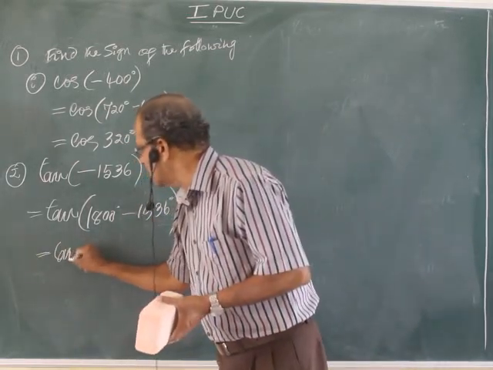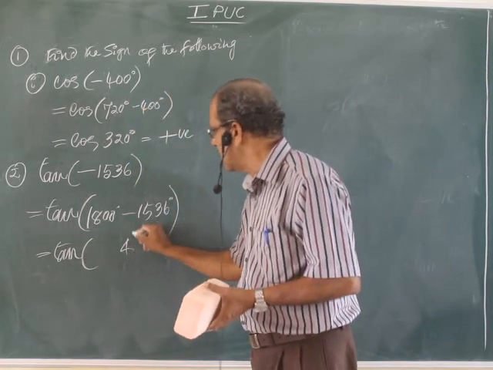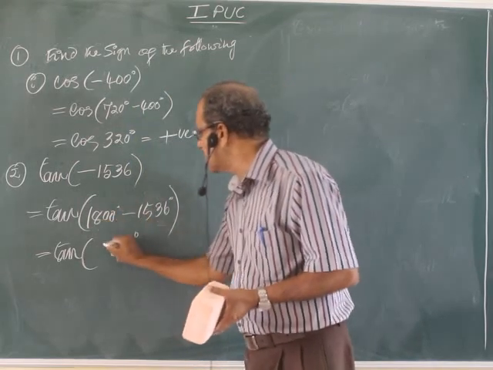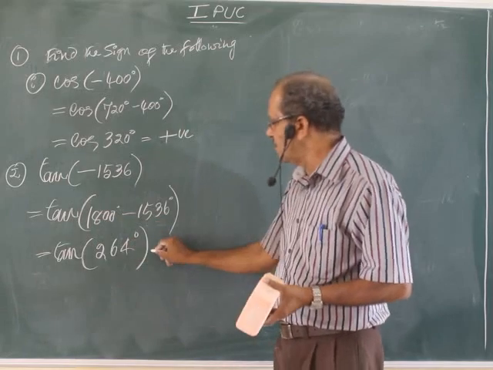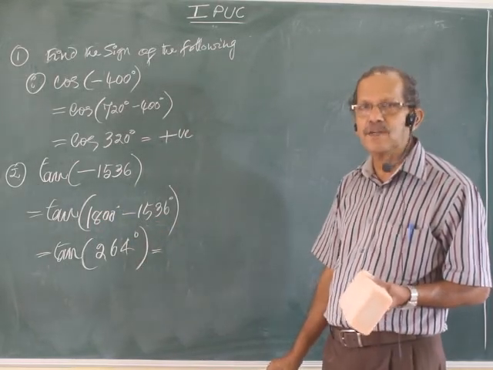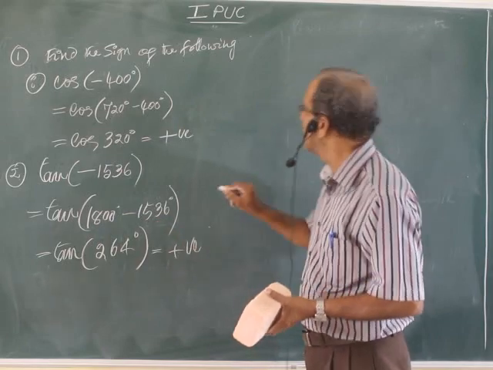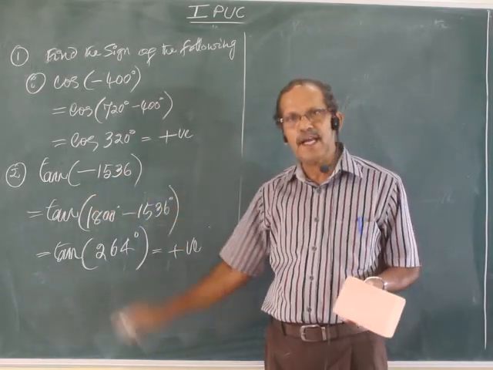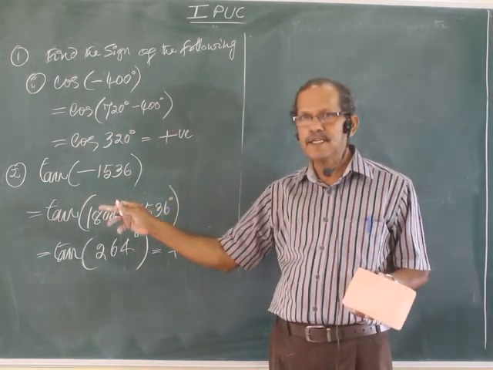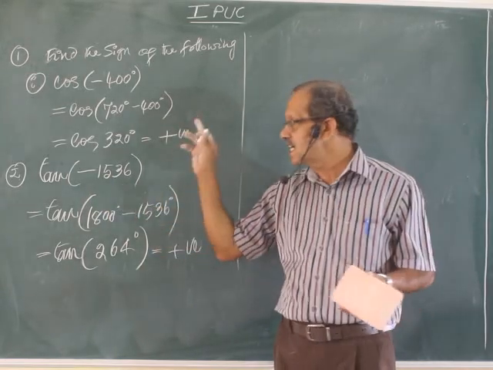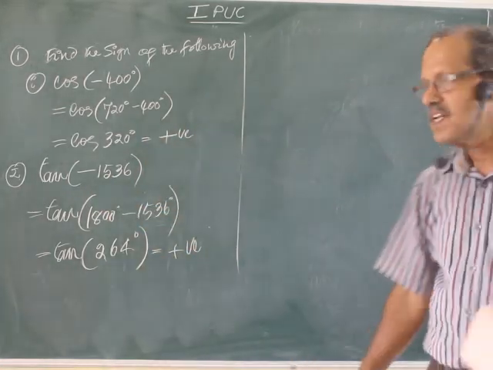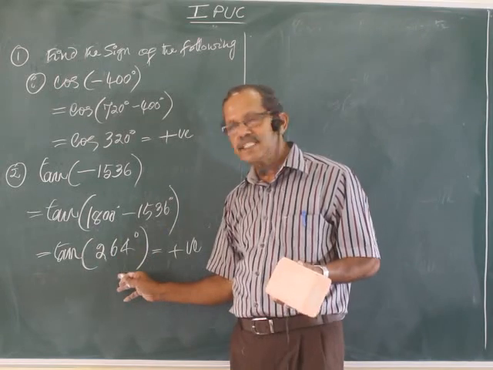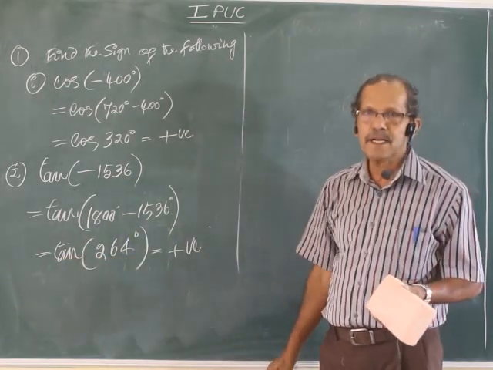Now the angle is tan of 1800 minus 1536, which is 264 degree. 264 is third quadrant, less than 270, tan is positive. I think now you got the idea clear. Whatever may be the magnitude of the given angle, take the modulus of that, find another angle, a multiple of 360 greater than the modulus of the given angle. Subtract it. You get a particular angle always less than 360. If it is less than 360, you know how to find the sign of that angle, plus, minus, like that.